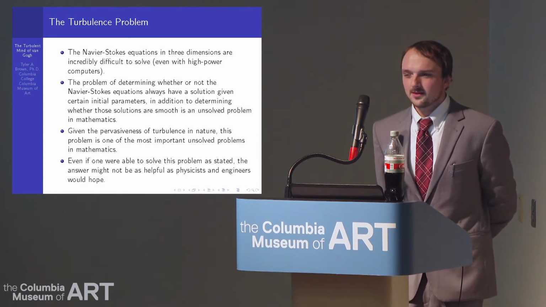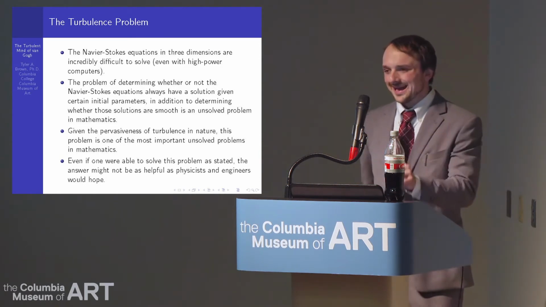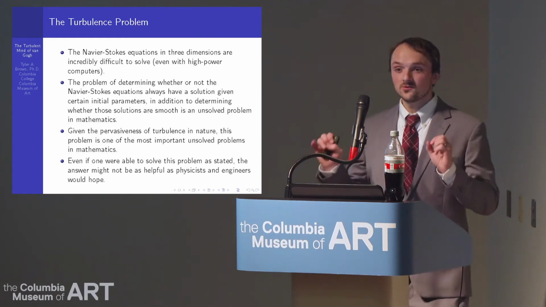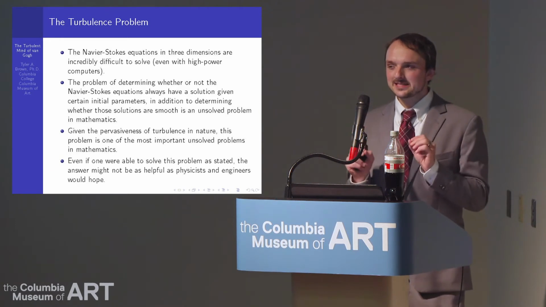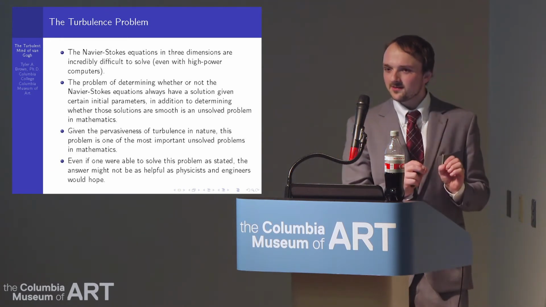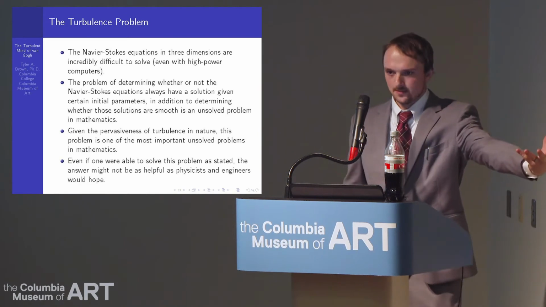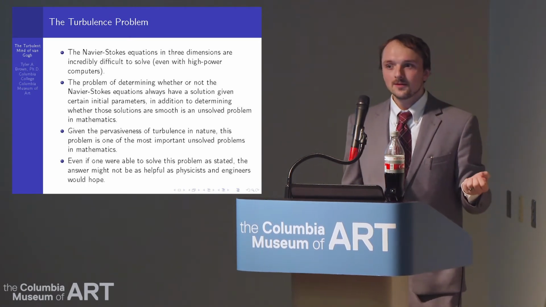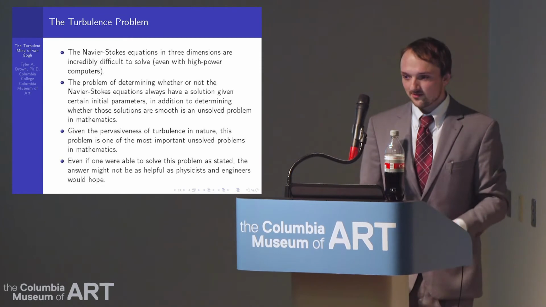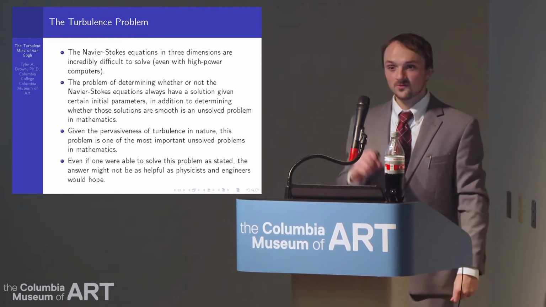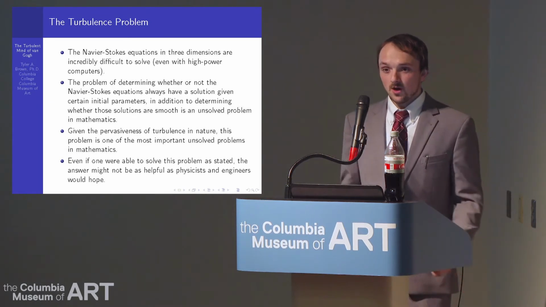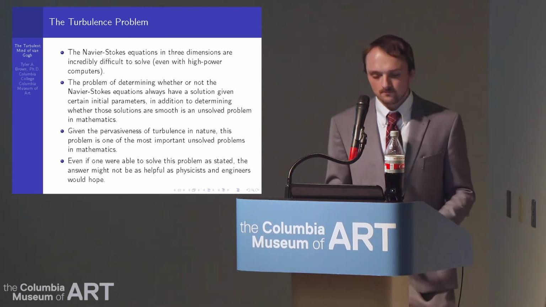Moreover, even if we were to find a solution to the problem as stated, this is a fascinating thing in mathematics. If you can find a solution saying, yes, a solution always exists, in mathematics, you can answer affirmatively to that question without actually providing what the solution is. It's a weird thing. You can say, yes, your problem has a solution. Well, what is it? Oh, that can happen. That can definitely happen. So someone might win the $1 million, say, yes, there is always a smooth solution to any Navier-Stokes equation. Sure, awesome. Can you help me find it? Yeah, that can very well happen.